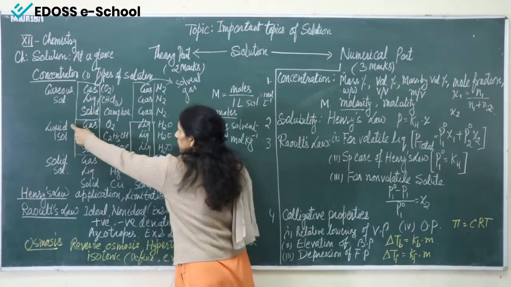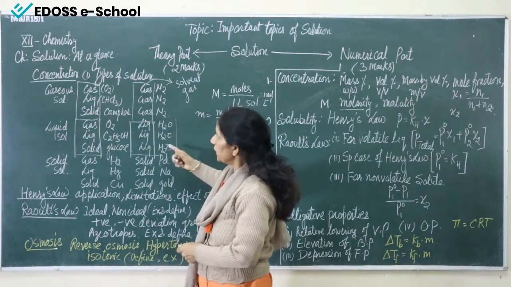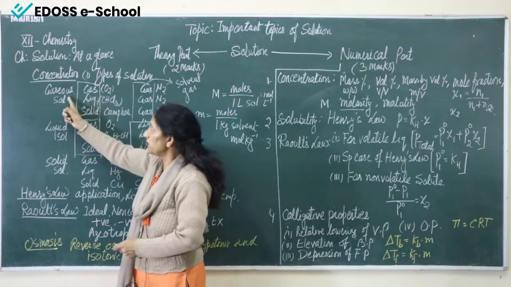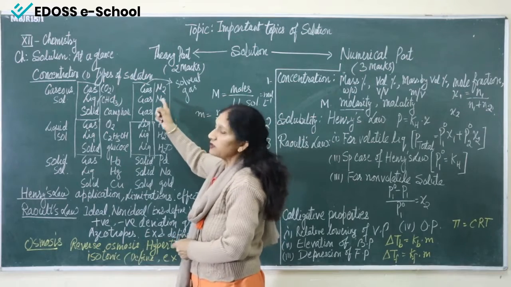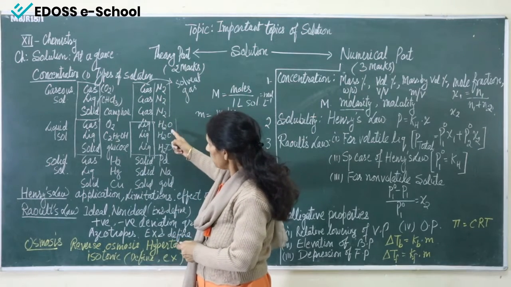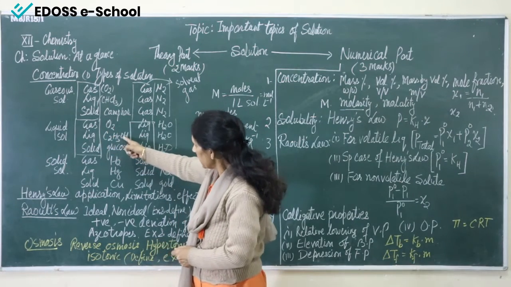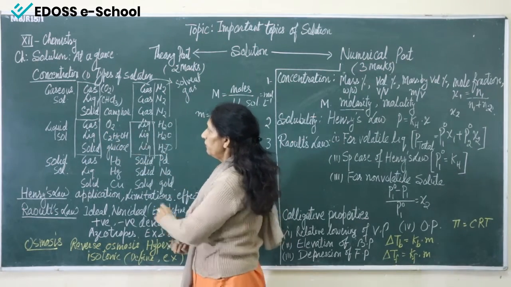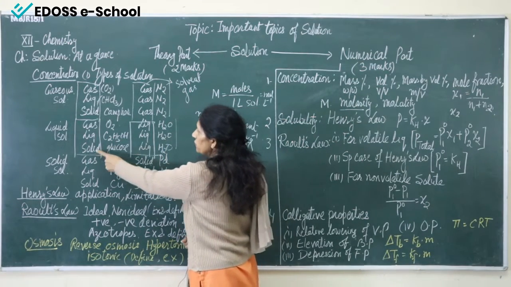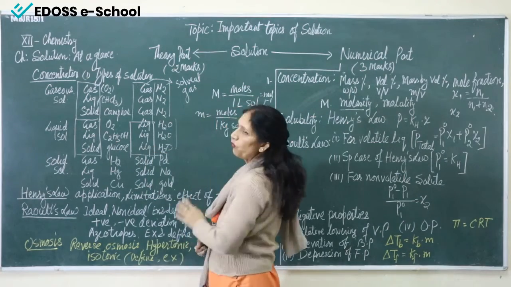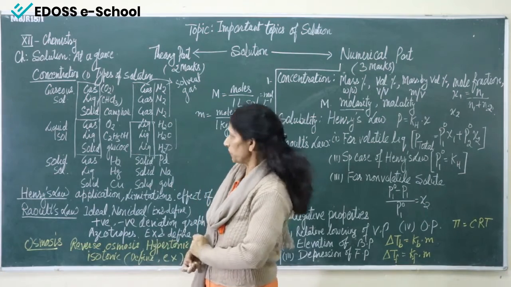Why are we calling it a liquid solution? Because the main component, that means the solvent, is in the liquid form. Why are we saying it a gaseous solution? Because the main component, that means the solvent, is in gaseous form. So here, with water as solvent, if the solute is gas we can take oxygen, so oxygen plus water. For liquid we can take ethanol or alcohol plus water solution, and for solid we can take glucose plus water solution. So in this way we are getting three types of liquid solution.